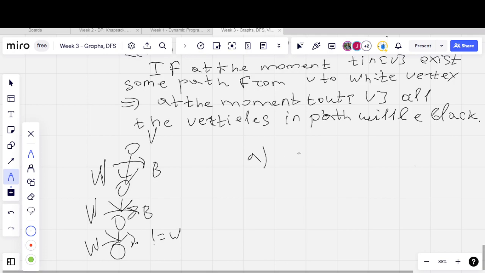Which cases? This vertex is white. Some vertex in our path is white. It is a contradiction,